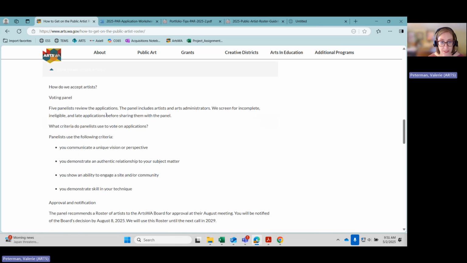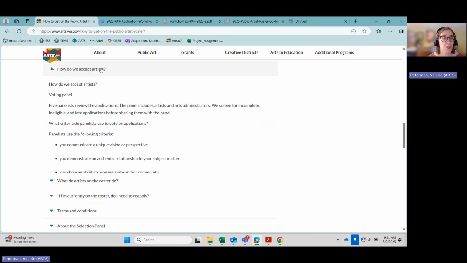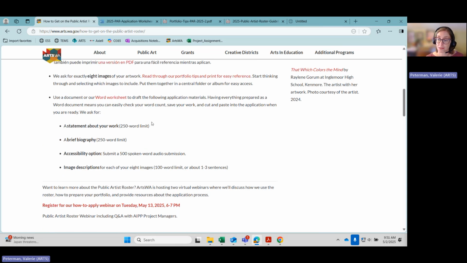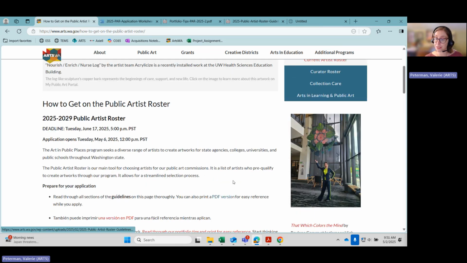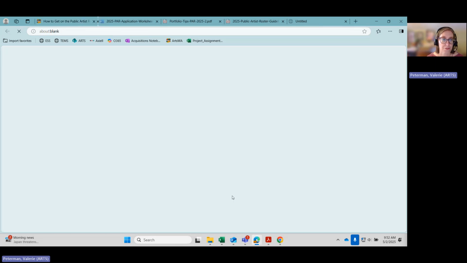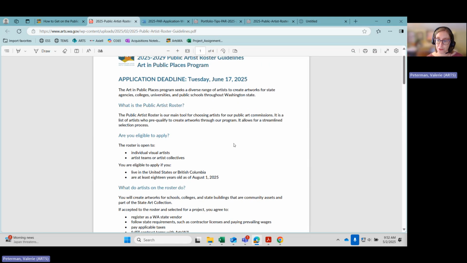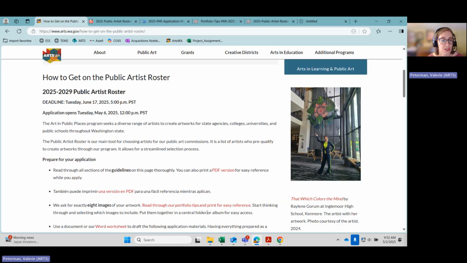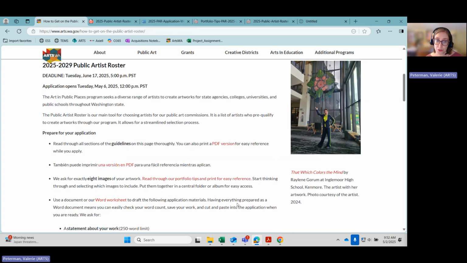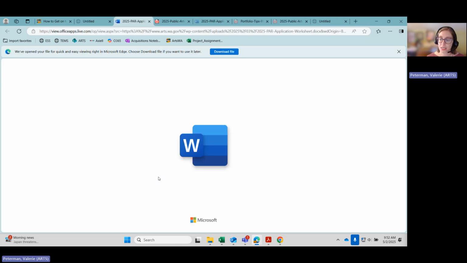These all accordion down with information. But you can also, if you prefer to have something written in front of you, printed in front of you, we have a PDF version that you can download here that has that same information just in an easily printable format. And then we also have a couple of other resources. We have some portfolio tips to make your images really strong. And we have a Word worksheet that will be a great opportunity for you to use this to gather your